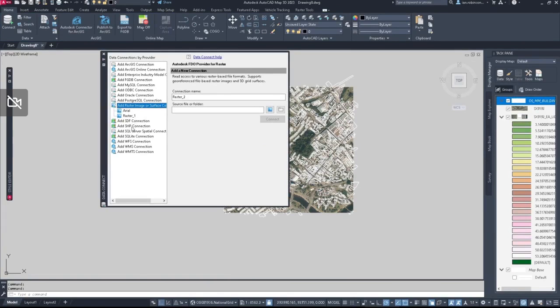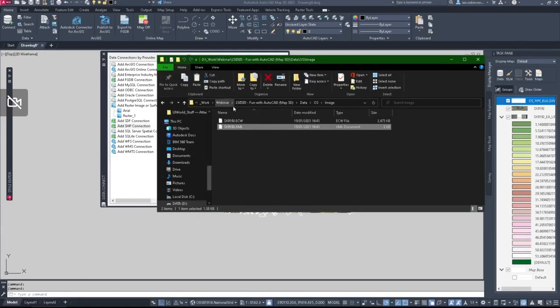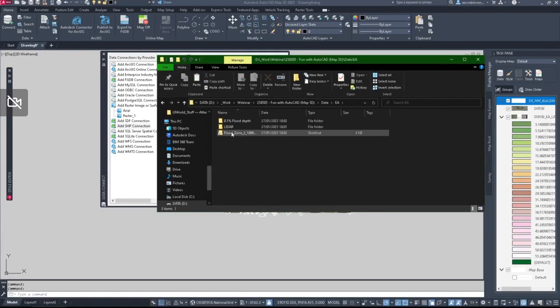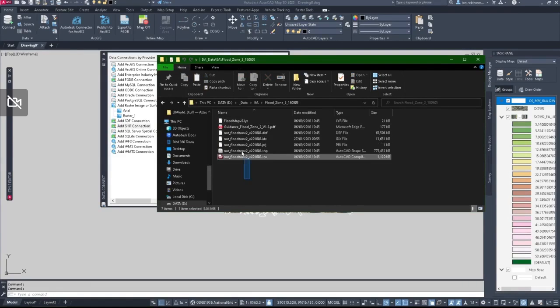And we're going to add in a shapefile because I've got flood zone 2 as a shapefile. So let's go and have a quick look at that. EA flood zone 2, there we are. Now it's a huge file. It's 837 megabytes big. So it's a massive file. So rather than bring the whole file in, because it's the whole of England, we're going to